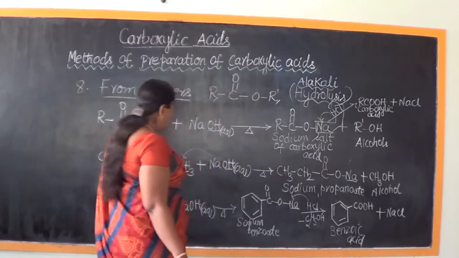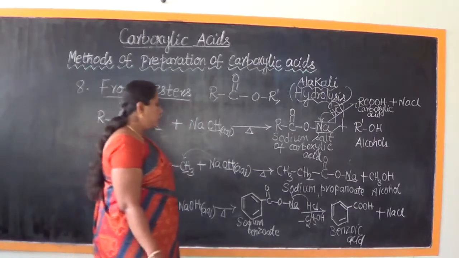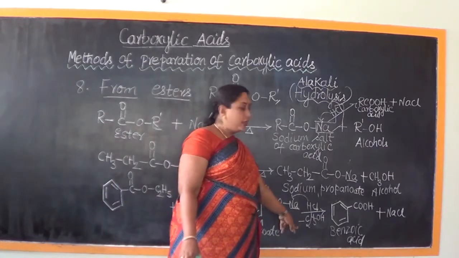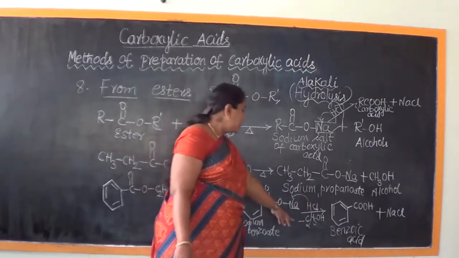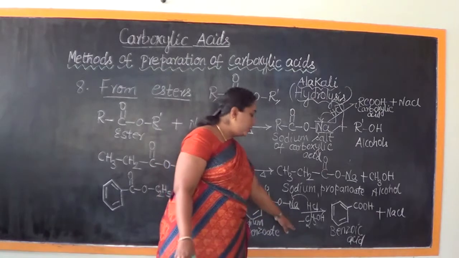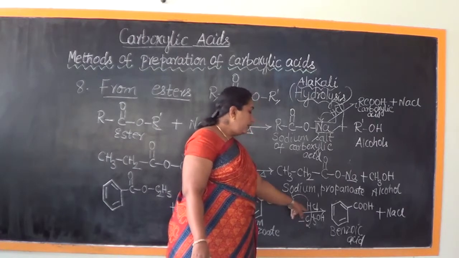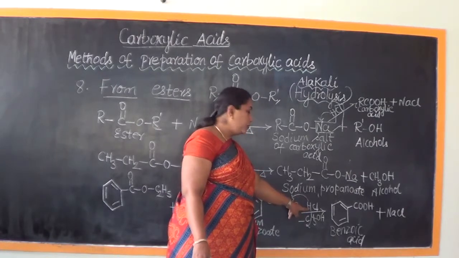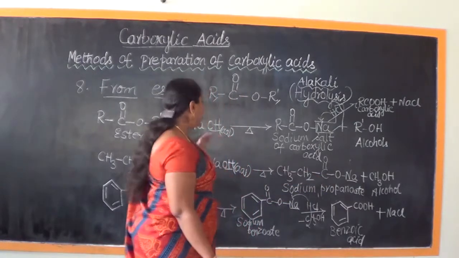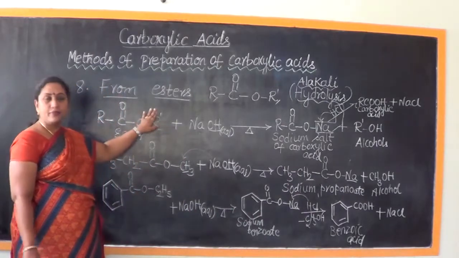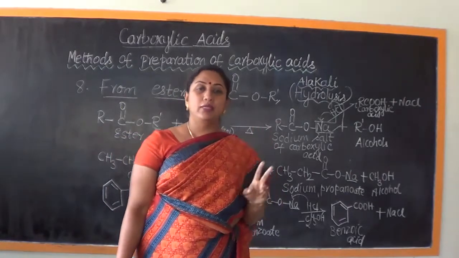Now like this, a two-step reaction can be represented in a single step, but you should take care to write the byproduct and the condition above and below the arrow. And this minus indicates that along with this, a product is being obtained, so it is going out, which is why we are writing it with a minus sign. And this means we are further subjecting it to the treatment with this particular compound to get those two as our products. So, starting from esters, we will be able to obtain carboxylic acid in two different ways.